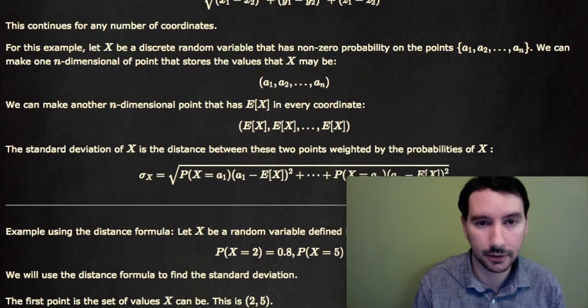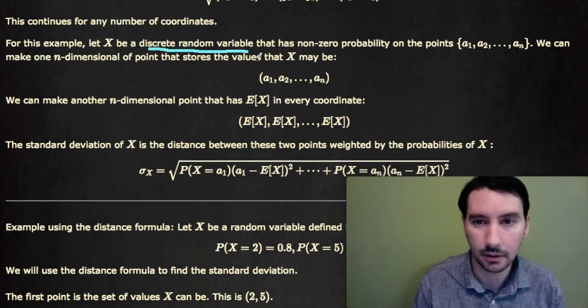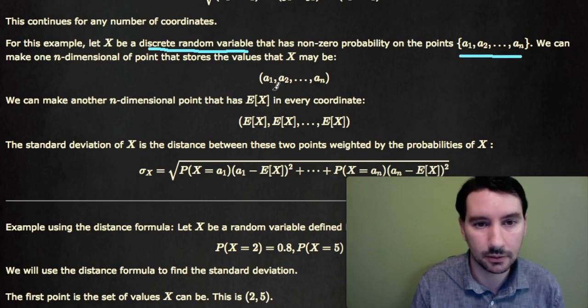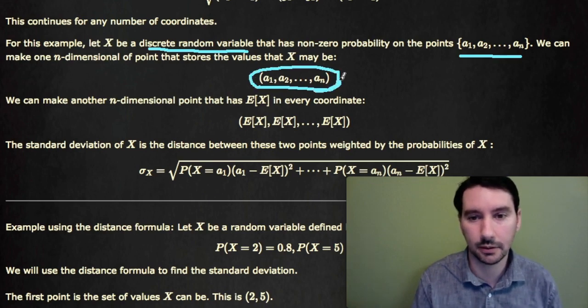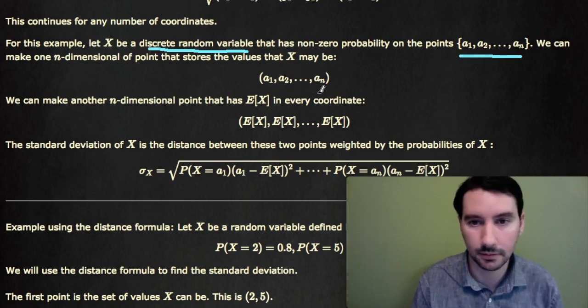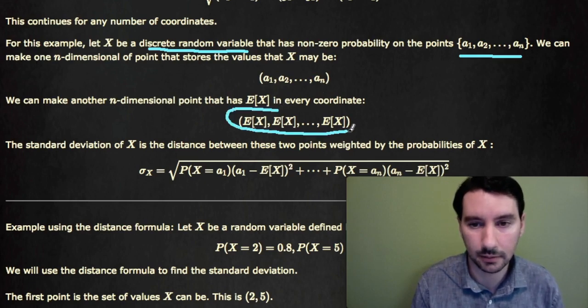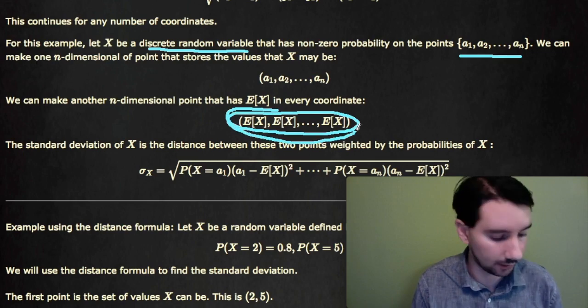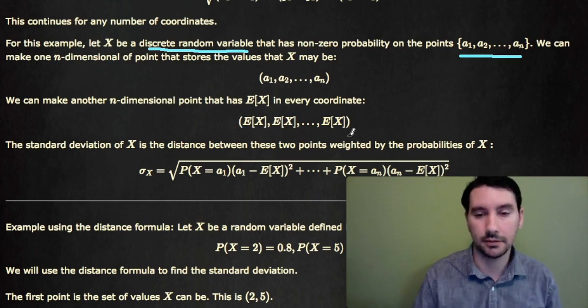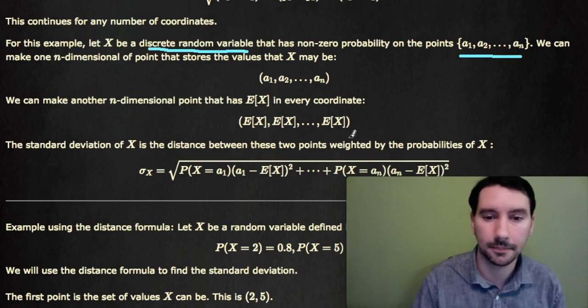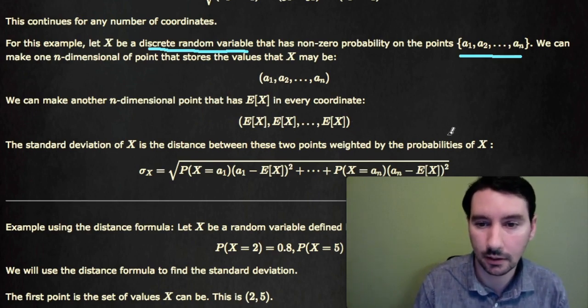So if we had a random variable X, which was a discrete random variable, and had non-zero probability on the points a1, a2 through an, we can make an n-dimensional point that stores the values of X. So X is going to be a1, a2, a3 up to an. So this is just a tuple whose coordinates represent the values that X might be. And then we could also make another n-dimensional tuple of just expected value of X repeated over and over again. So this is just E of X, E of X, E of X, n times. The distance between these 2 points